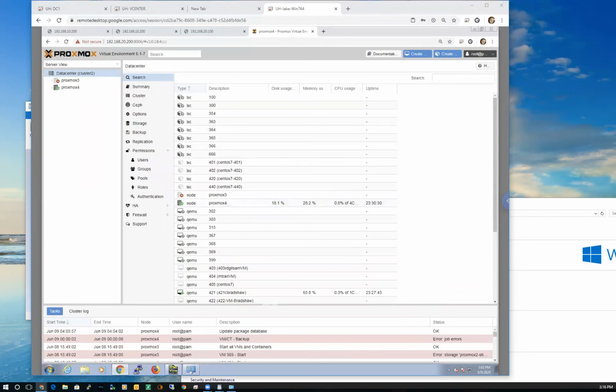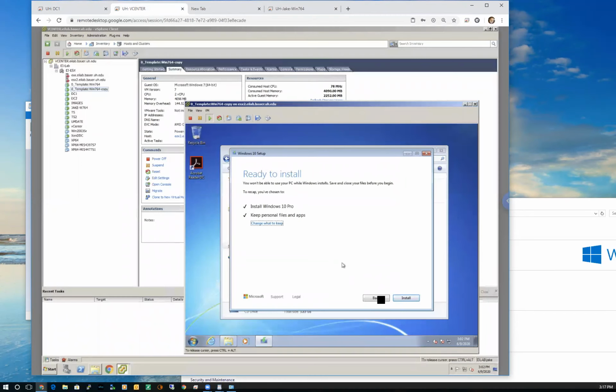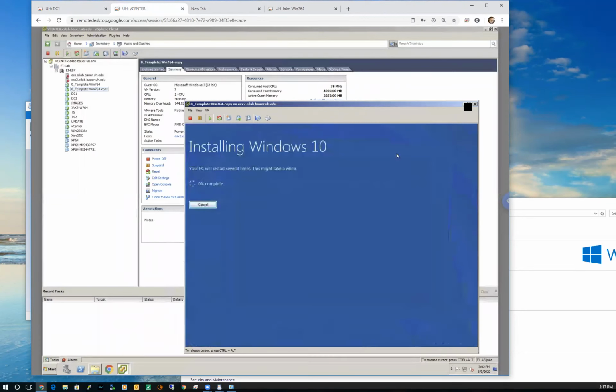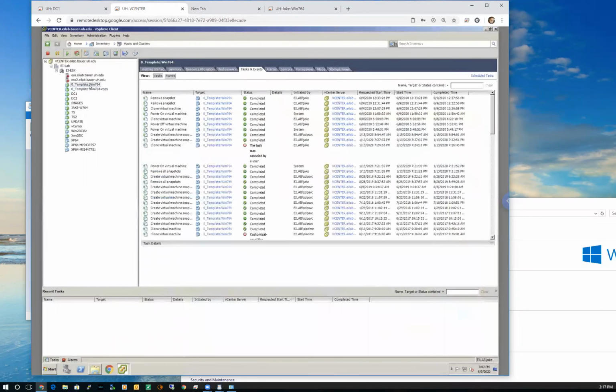Okay, so I need to go to domain controller, virtual desktop, delete the snapshots, power the template back off. Okay, so I need to log into my domain controller, which is right here. Oh, excuse me, not the domain controller, back into vCenter here. Ready to install Windows 10, cool. I guess let's start that. That's that copy one. All right, we'll let that go, and hopefully that'll be done a couple of hours from now. It'll take a while. So here's the thing I want to use as a template. It's on right now. I want to turn it off.